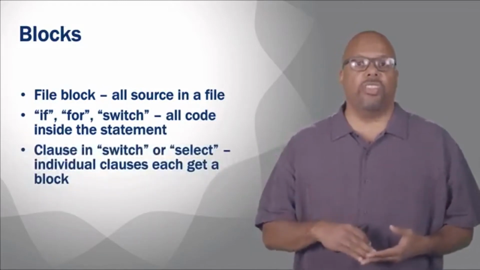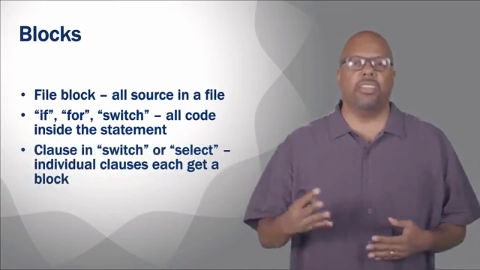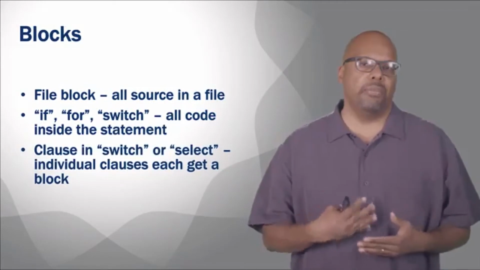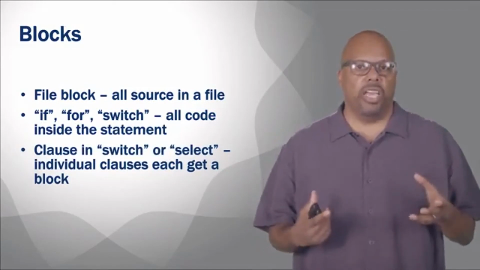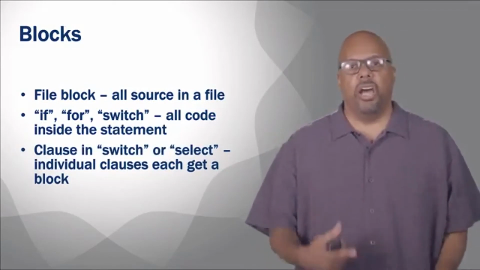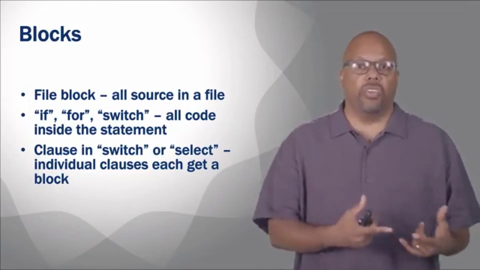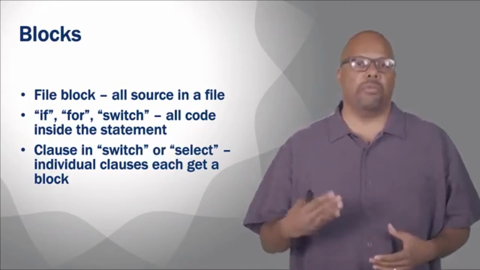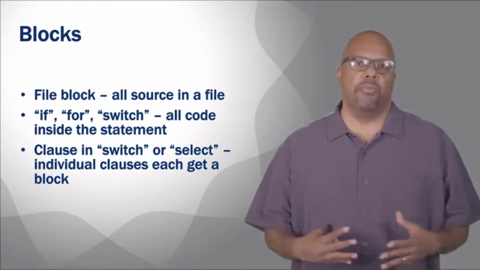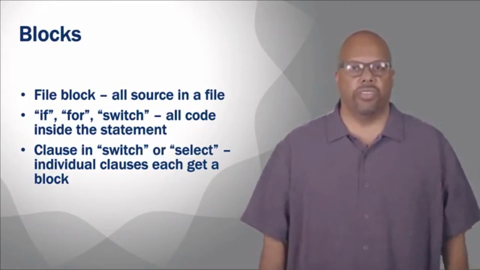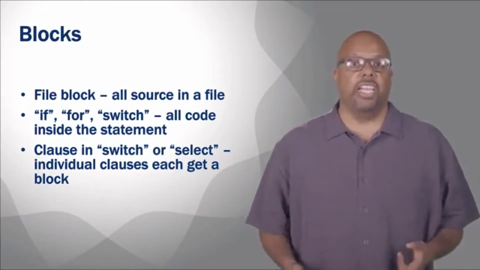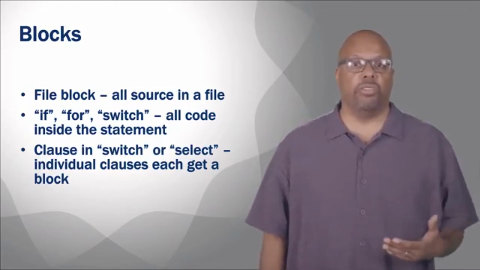Also, the clauses inside a switch are select. We'll get to these in more detail later, but all the ones I'm listing here are implicit blocks that you don't have to put explicit curly brackets for. So for instance, in an if statement, you can use curly brackets too, but like the universe block, the package block, the file block, these are all implicit blocks, and there's a hierarchy of these. So that's my point: there's this hierarchy of blocks, and each block can have its own environment of variables associated with it.